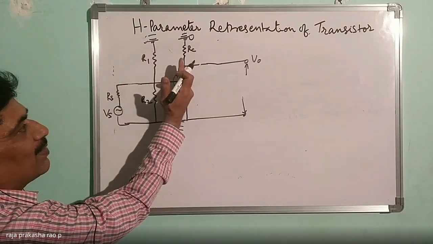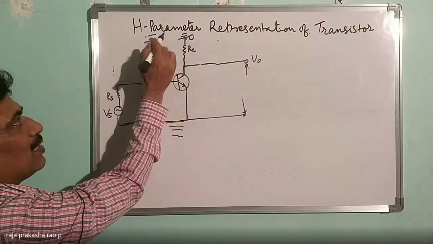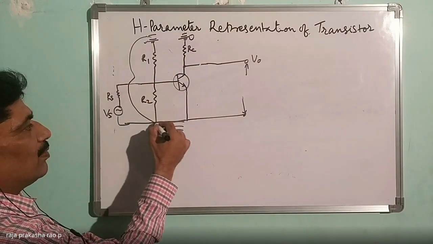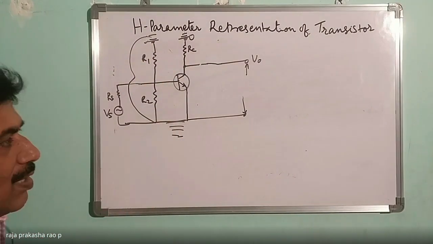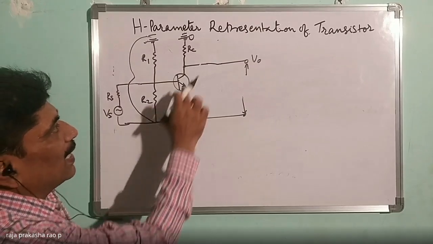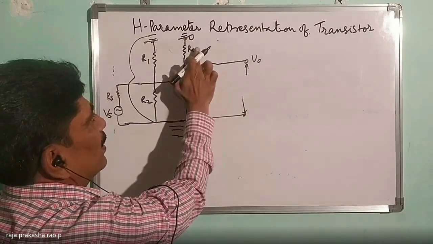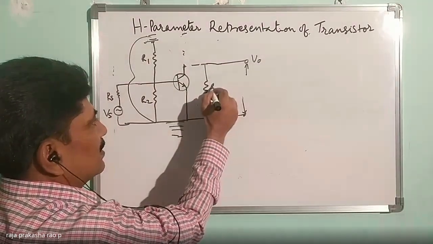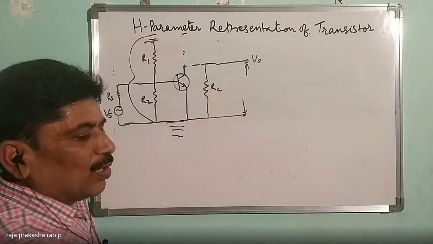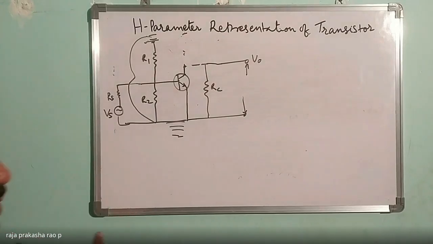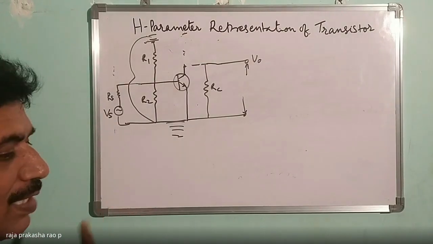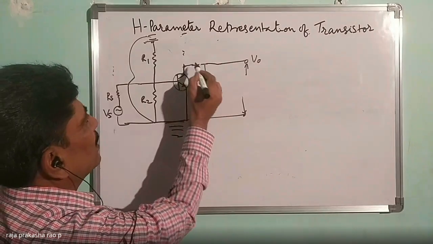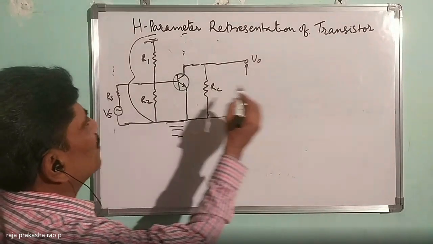This is on the left side of this transistor. This will be parallel to R1, parallel to R2 in the input circuit, and RC will be connected like this. RC will be in the output circuit, and this R1 R2 will come in the input circuit. R1 R2 will be parallel to each other. So finally it gets reduced to R1 R2.